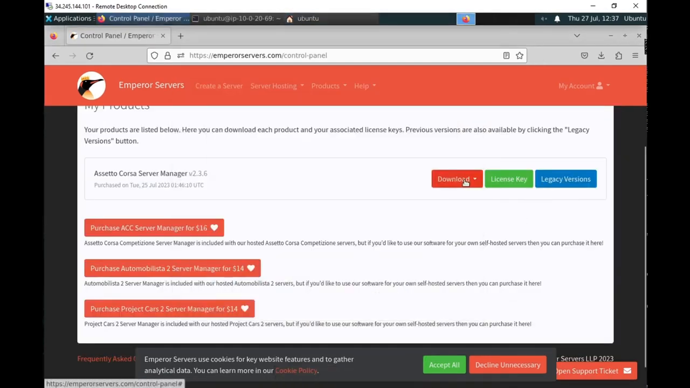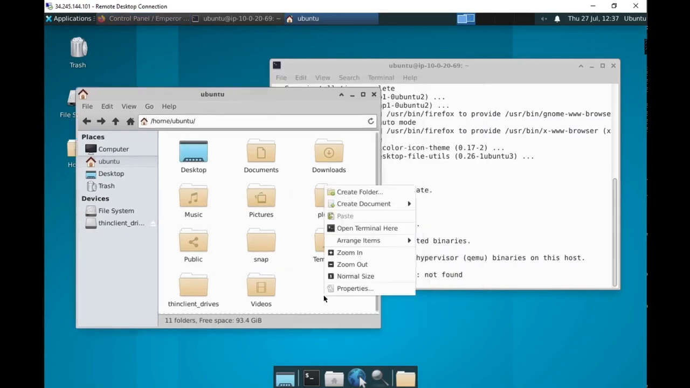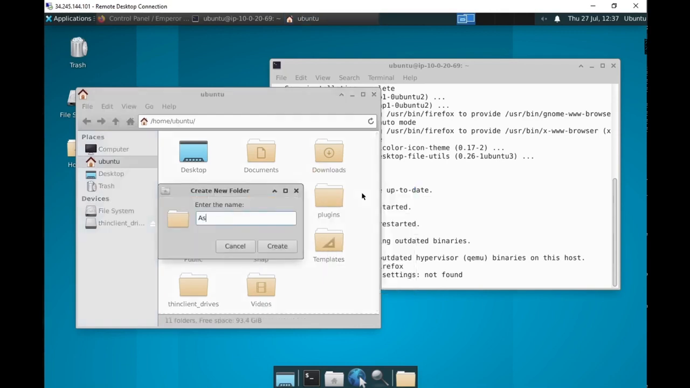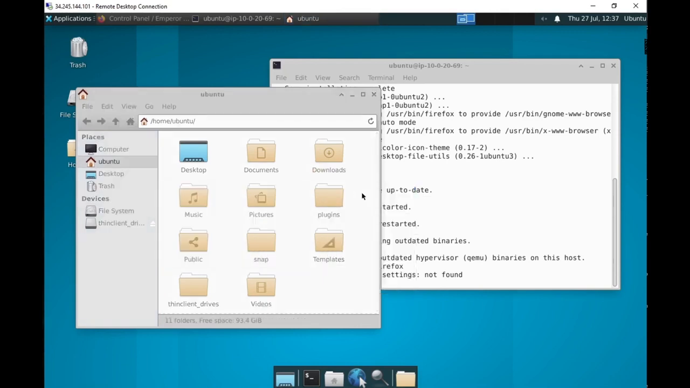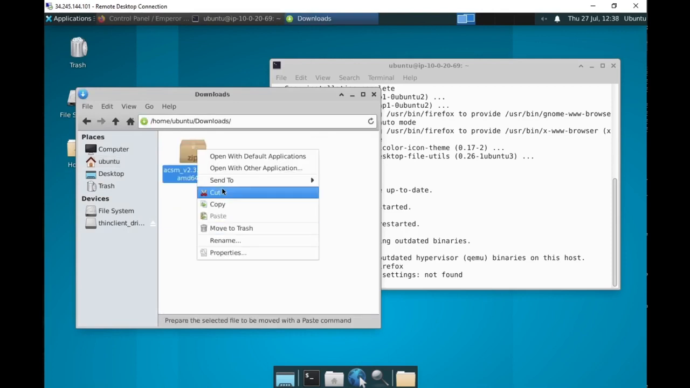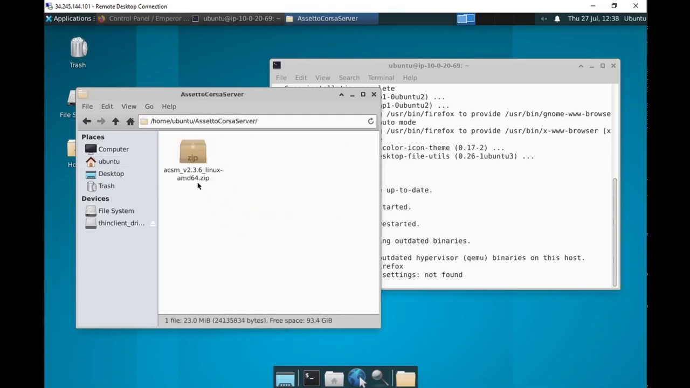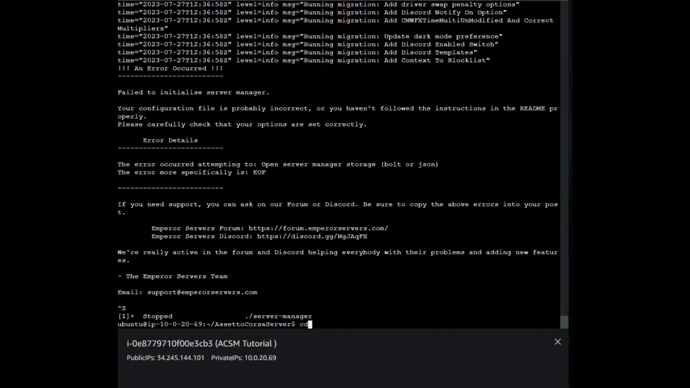Once you've downloaded your license key and your Linux AMD64 server manager, you can then create a folder called whatever you'd like. I'm just going to call it Assetto Corsa server. Now I'm going to go to downloads because that's where it is. I'm going to cut this, go to Ubuntu, go to the new folder, paste it into there. Then I will come back,